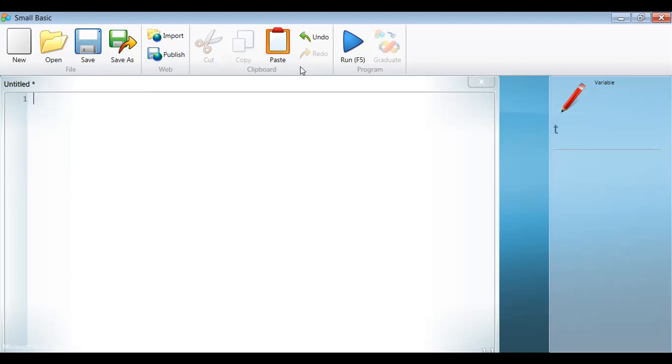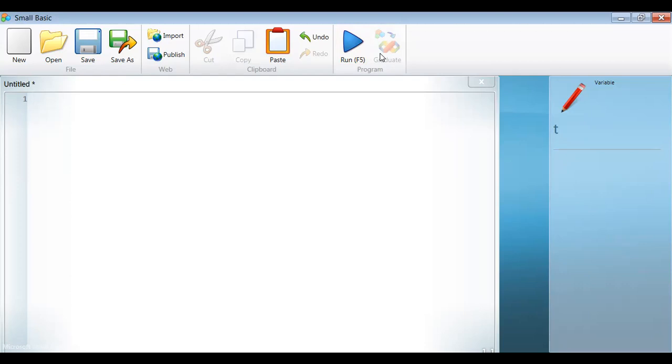We will click on this option given here, the Run command, or we can press F5 to run our command. Another option is there. Whenever we write our code, it will convert your Small Basic program into Visual Basic.